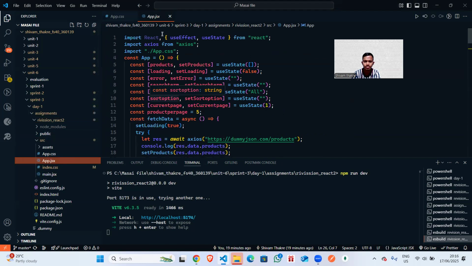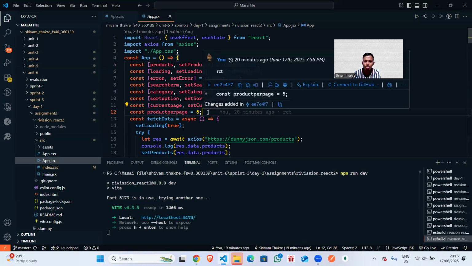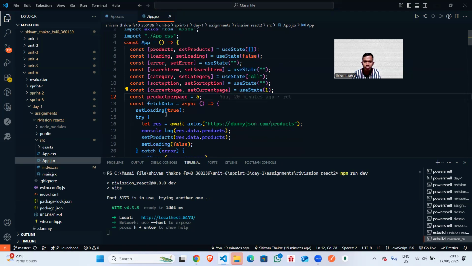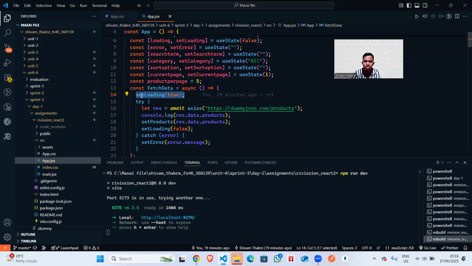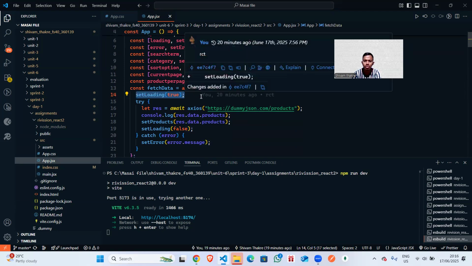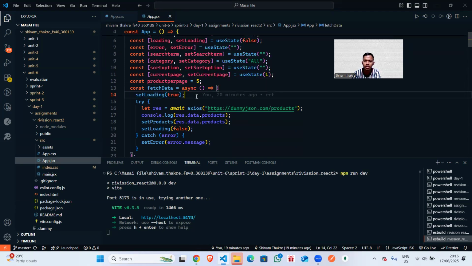First I create a product array where all products will be stored, a loading state, an error state, a search term, a category for categories, a sort option for sorting, and the current page, with products per page for how many product cards will be shown. Before fetching data, loading is set to true, so it shows loading.